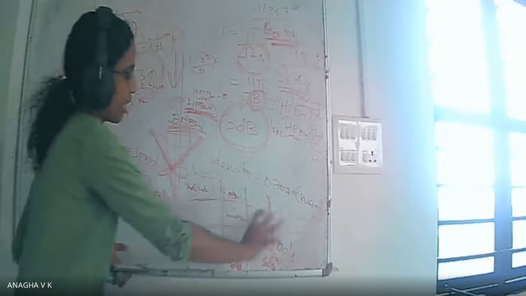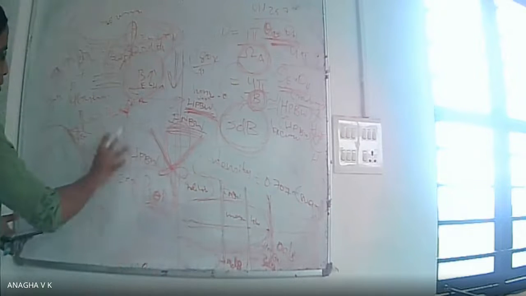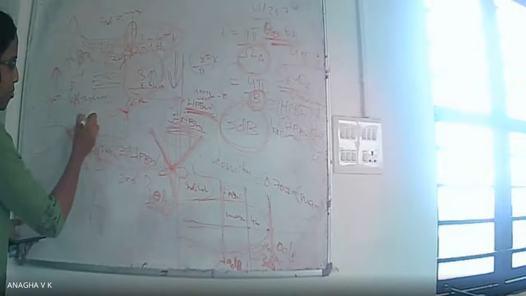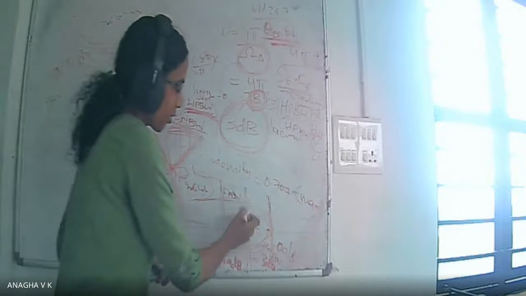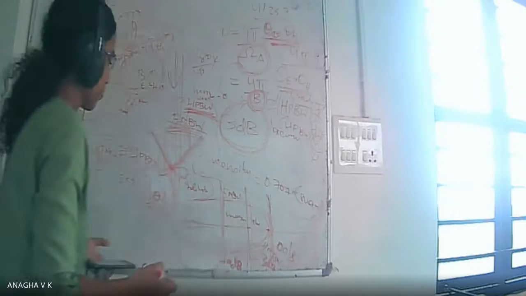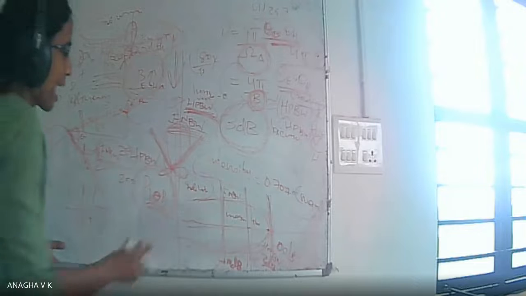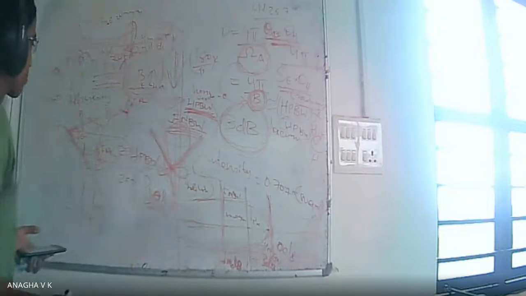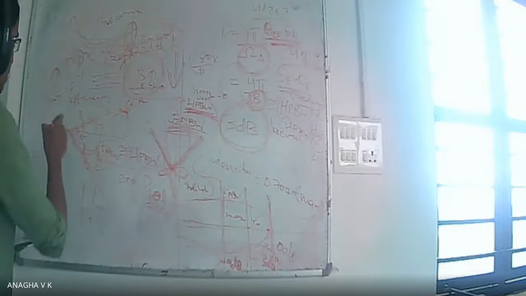So you draw it horizontally. Here also you draw it horizontally and indicate the first null beamwidth and the half power beamwidth. Likewise here also you indicate. So this is the angular separation. Now, what else can we say?